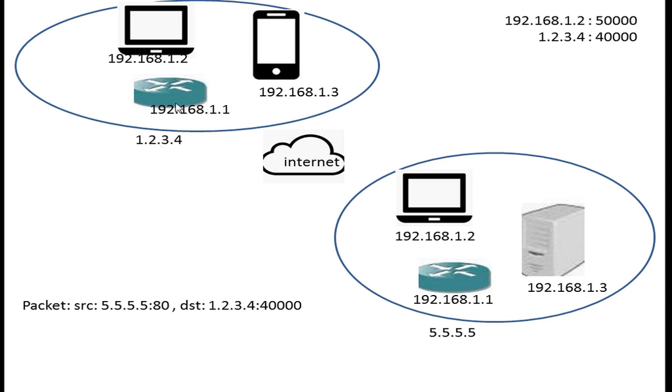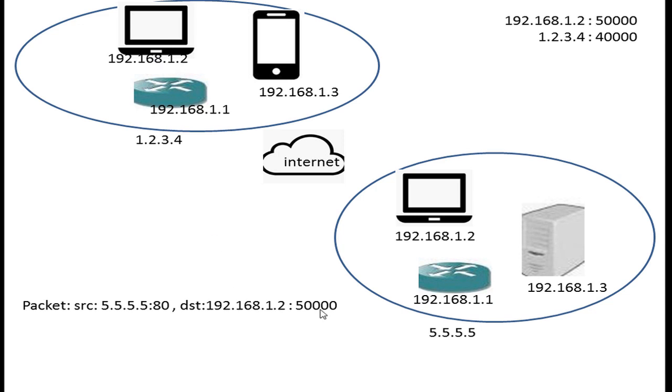When this router looks at the destination, it sees that it is equal to 1.2.3.4 with the port number of 40,000. So it looks at its table, which is called the NAT table, and it sees that this address should be translated to 192.168.1.2 with the port number of 50,000. So it puts this address for the destination in this packet and sends it to the originating device, which is